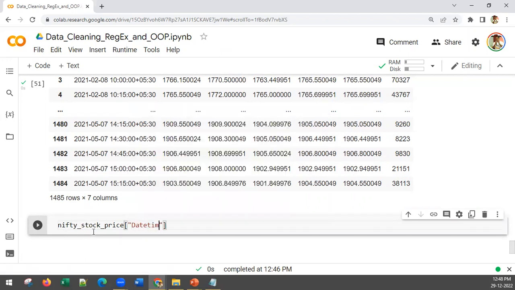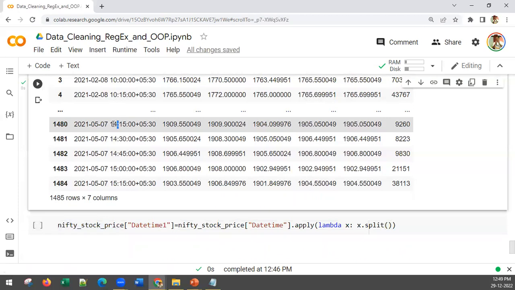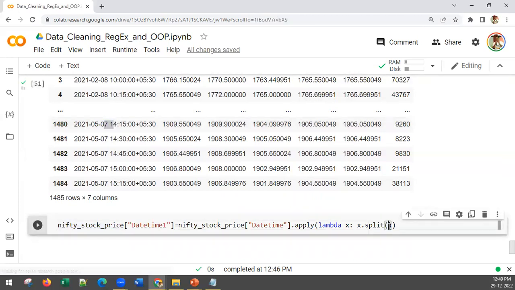Datetime 1 equals Nifty stock price datetime dot apply lambda x. For every row I want to go up to the colon. Until here the syntax is the same. Then you write x dot split. Split by what? What's the symbol that you want to split on? Is it the colon? Is it the space? What do you want to split on? You want to split on